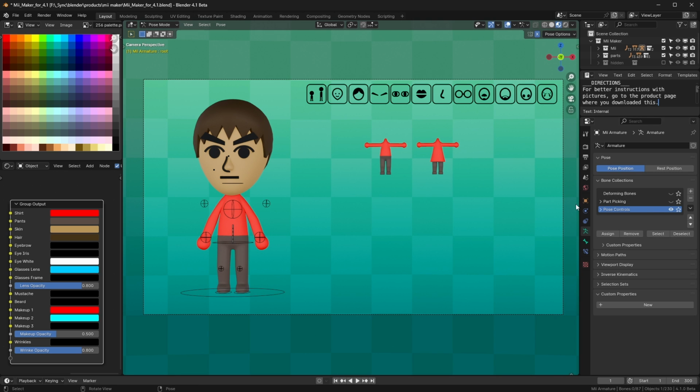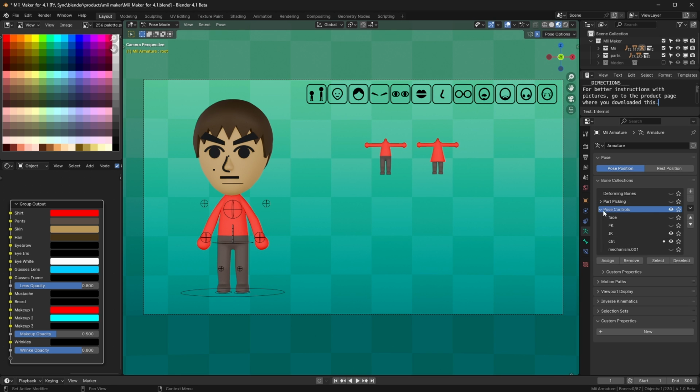You also have face controls, which are hidden. So you have to open this up and turn on face like that. I might change this so that it's on by default. But now we have options to move the face around again. But it's a little different because